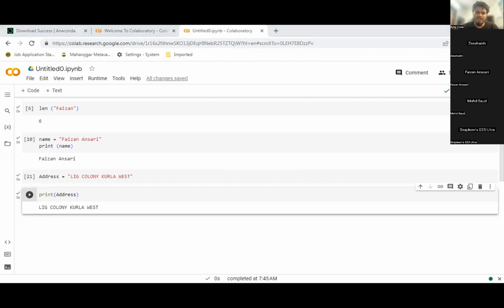Like in cell number 10, you have introduced a space. Don't do that. Write print and then directly use the round brackets with the name. Okay. Any other doubts?